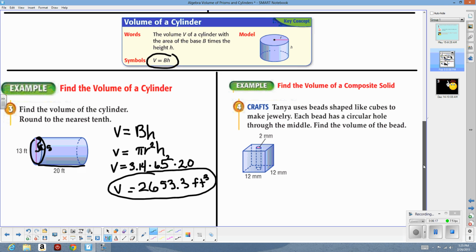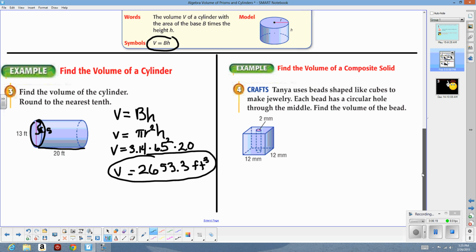All right, the last question has you finding the volume of a composite solid. It says Tanya uses beads shaped like cubes to make jewelry. Each bead has a circular hole through the middle. Find the volume of the bead. Well, let's start out by finding the volume of the cube. So the volume equals area of the base times the height. And since the base is a rectangle, or in this case a square, length times width